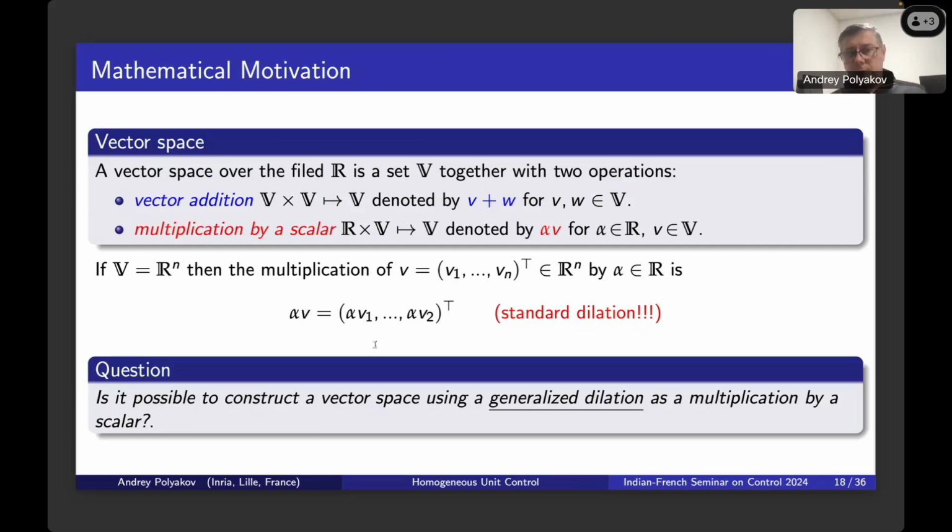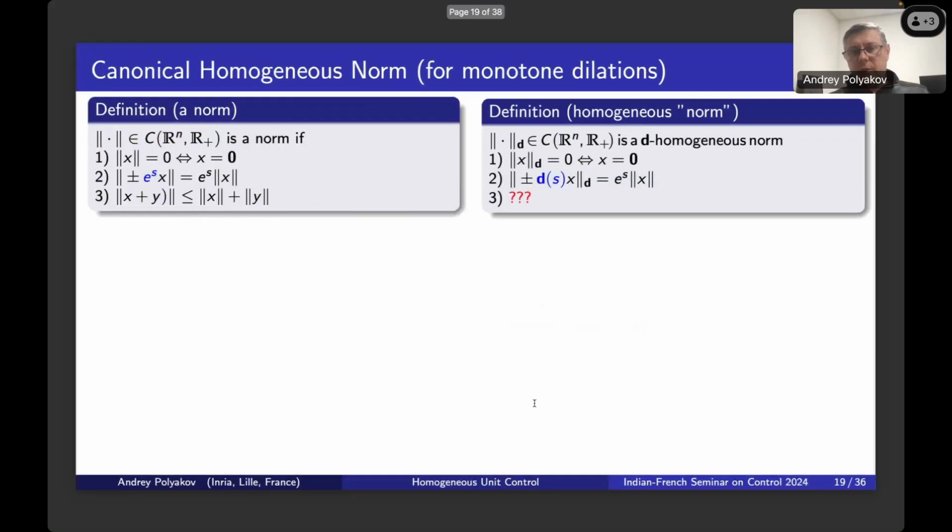We know that in Rn, multiplication by scalar is a standard dilation when the scalar is positive. Again, we construct a generalized vector space Rn where multiplication by scalar will be replaced by a linear dilation. And in fact, we can construct such a vector space, but we need to introduce also a norm in this